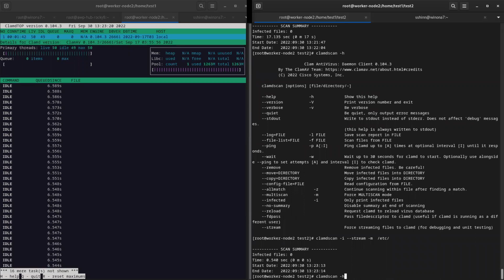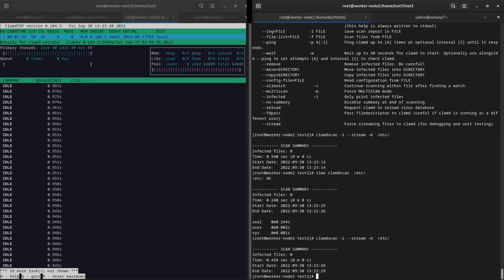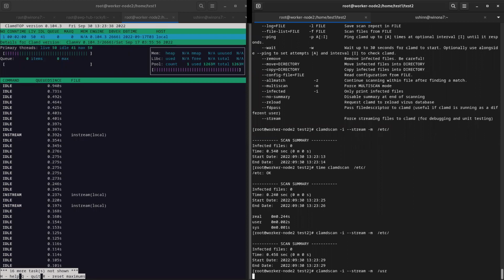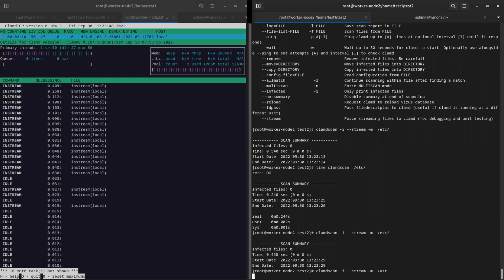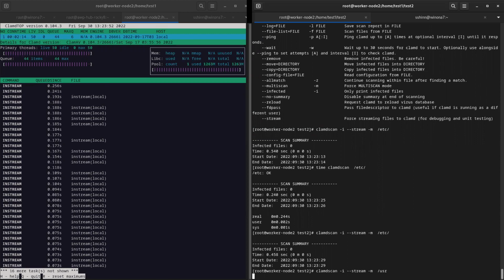So, just as a ballpark, we do a time on single threaded, even through the file handle, and it does okay. It's already cached in the file system, so it's already done some tricks here. Let's do it on user, because that should have a lot more data. We should be able to see it, right? By default, I think the threads cap out at 24, but it's configurable internally, and it helps to speed this process up. Where this is really going to make a difference is when I run this through the IPS.